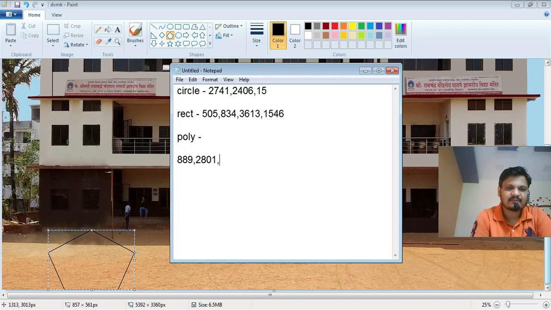Now another point. We have to cover all sides for the polygon shape, going clockwise.